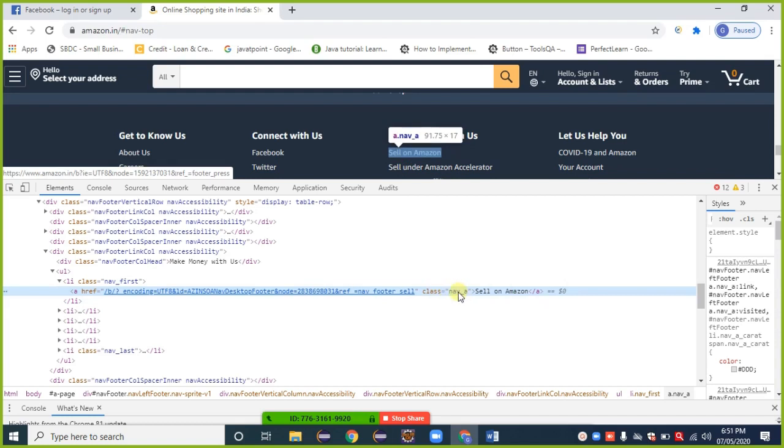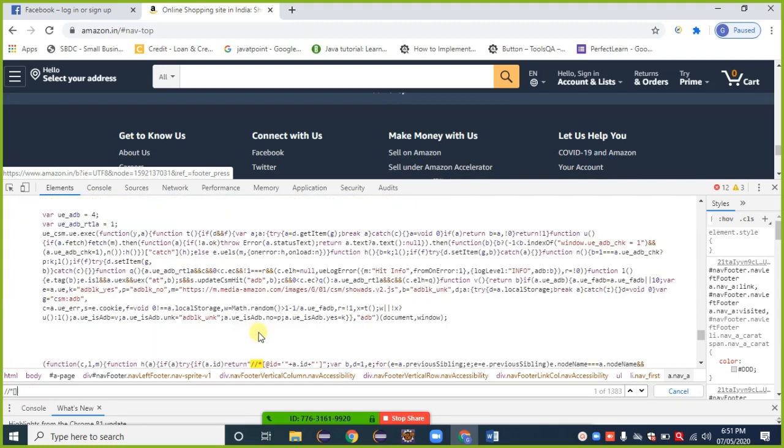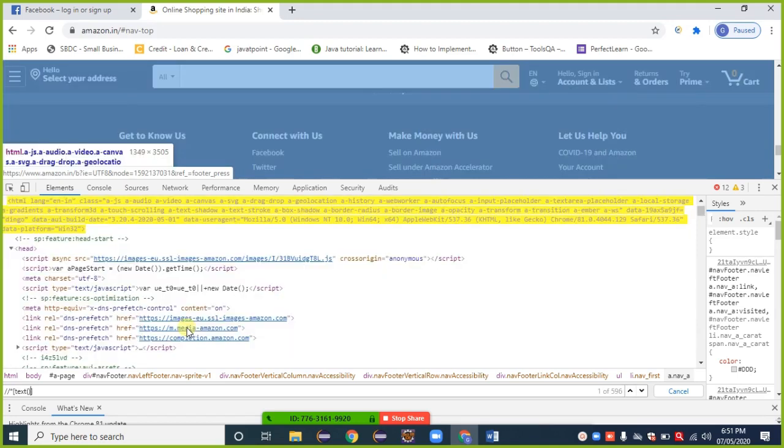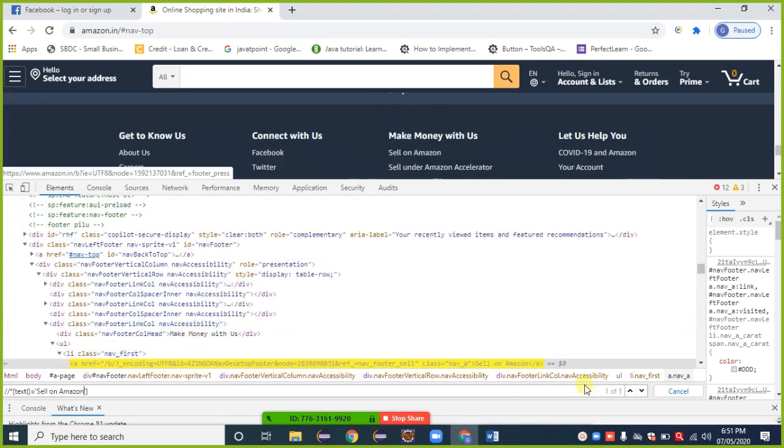Keep in mind. Okay. But for the text, that is what I am explaining here. So we have that option with us also. We can go with the text also. Double click, Control C, copy that here, Control F, double slash, star, bracket. Inside that text(), equal to, single quote, and inside single quote provide that value. 1 of 1. Okay, so that one is called by using a text.